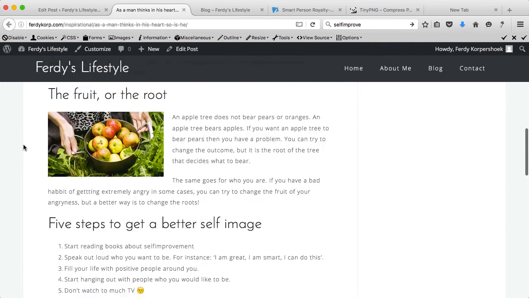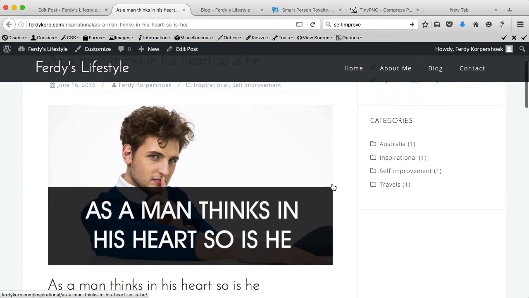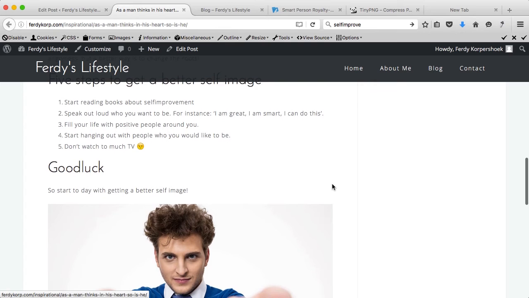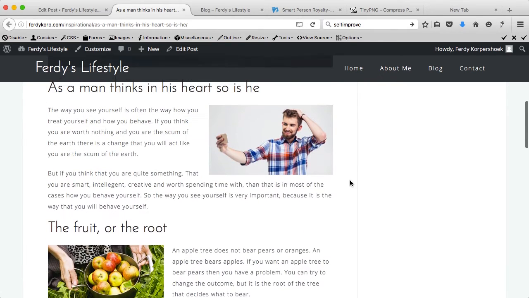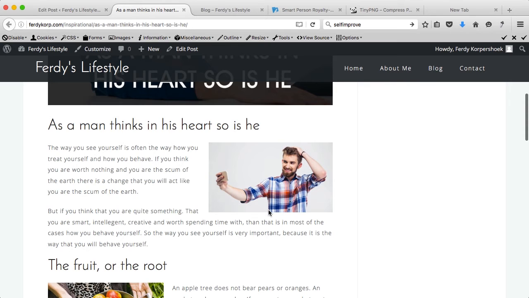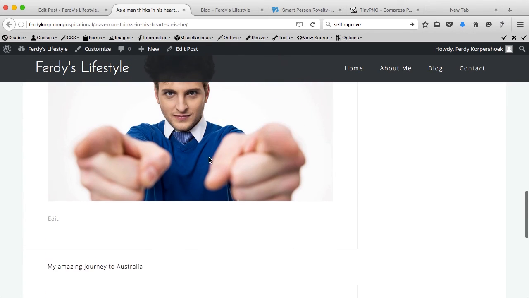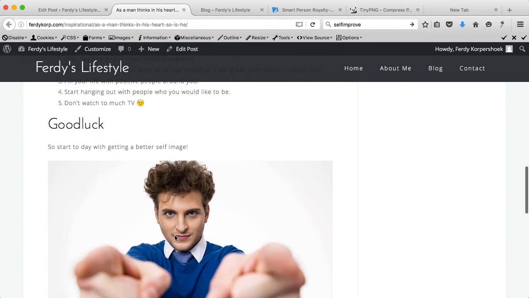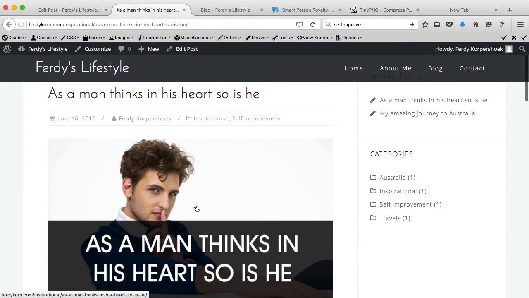And the more you do this, the more content you place, the better your website will look, and the more people will visit your website. The bigger the website, the more relevant, valuable content, the better your website will be found in Google. But it's important to give your titles a nice name in order for Google to recognize what the picture is about. This is about good luck. This is about apple trees. This is about a handsome young man. And this is about: as a man thinks in his heart, so he is. So if you would search on this title,